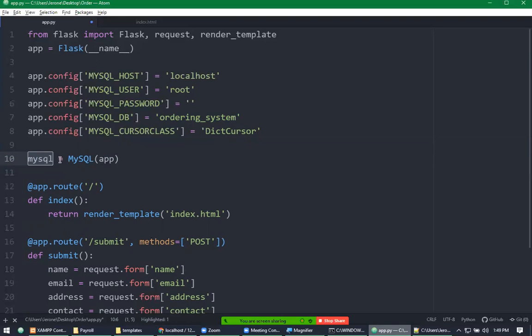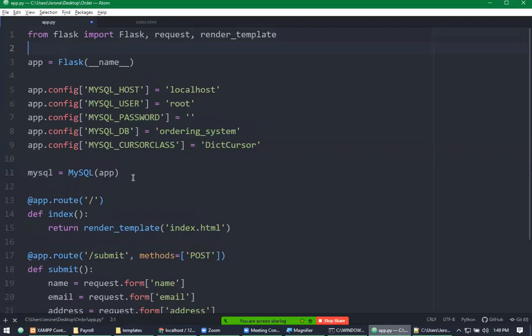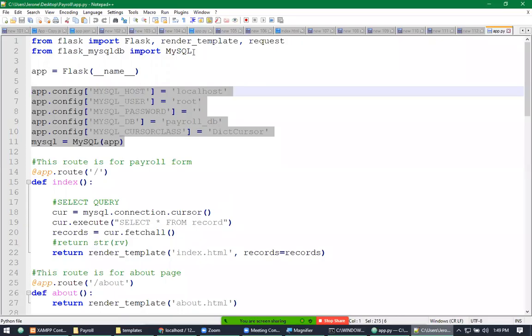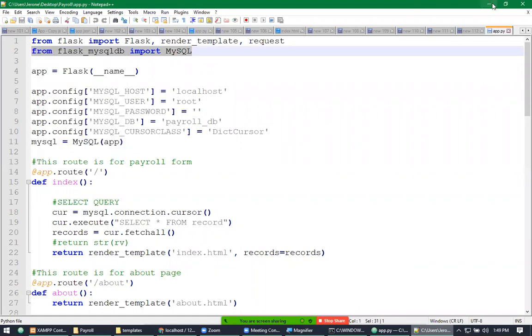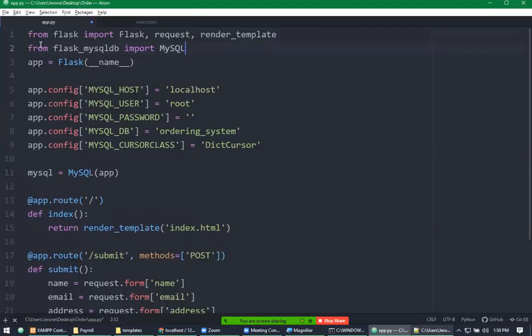Type nyo lang mysql is equal to MySQL(app). Actually, hindi pa natin na-import si MySQL. So, sabihin nyo lang, from flask_mysqldb, yung install natin na package kanina, import MySQL. Ang i-import natin is si MySQL class. Then, ipapasa lang natin sa kanya yung ating application. Once na na-define na natin yung ating MySQL object, pwede na natin siyang gamitin for executing